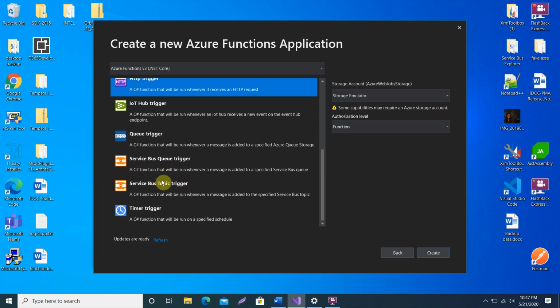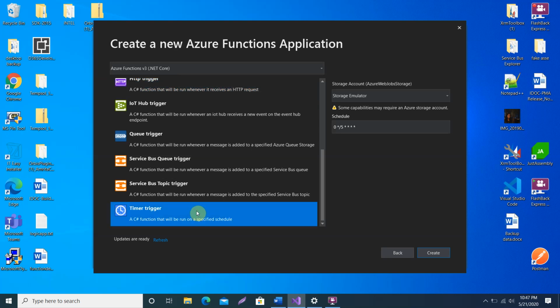These topics I can explain in the next video, like what service bus and queue trigger Azure Function are. And we have time trigger Azure Function, which means on a particular time interval you want to run your Azure Function, then you can choose the time trigger.